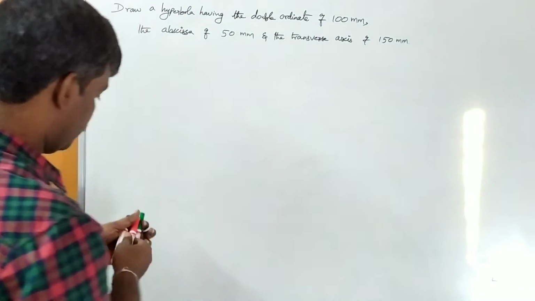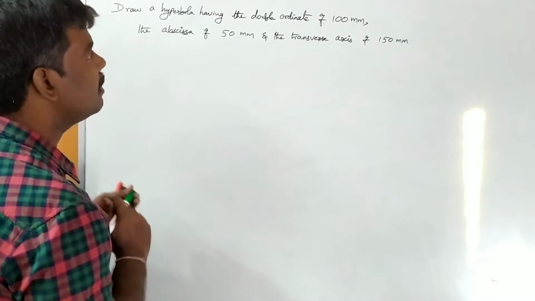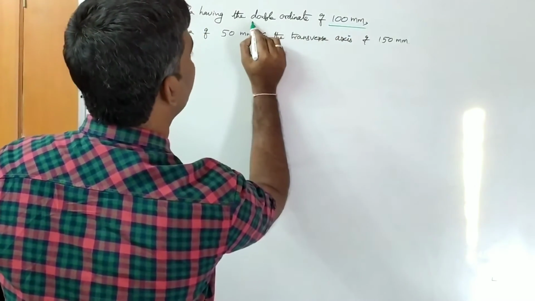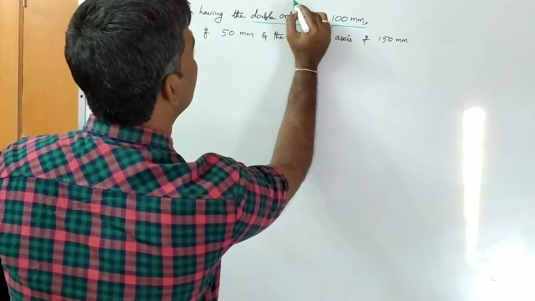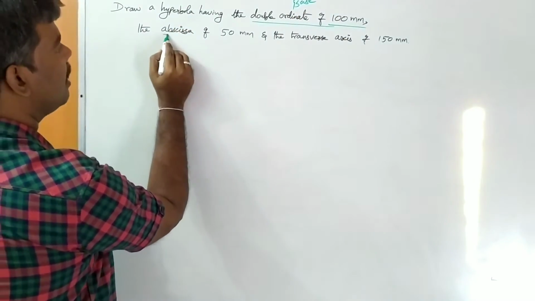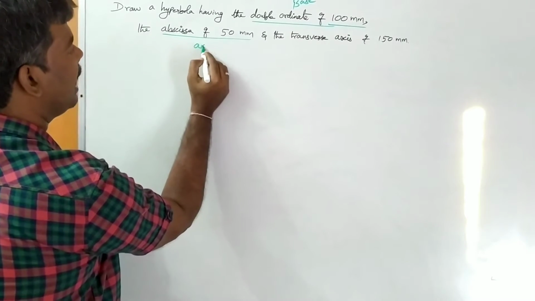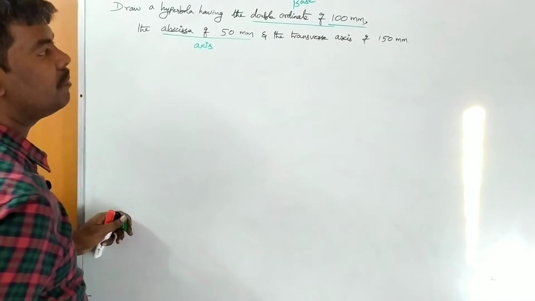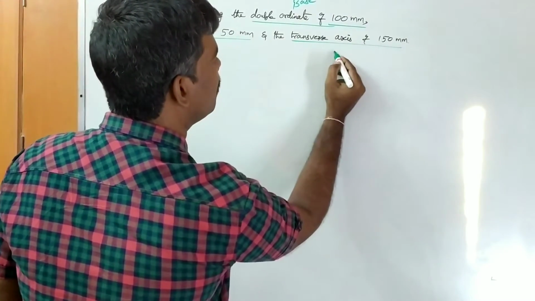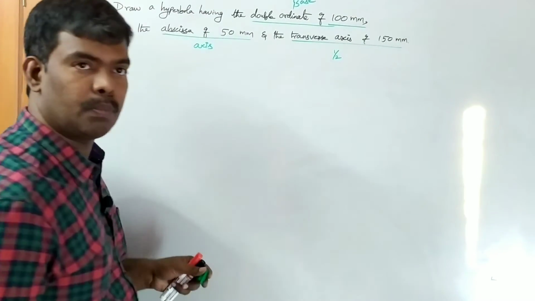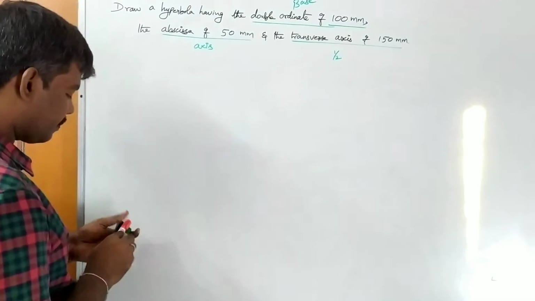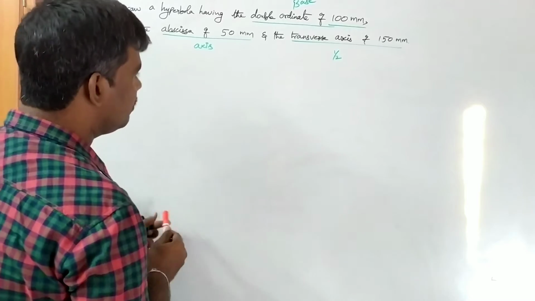So here, the double ordinate is nothing but the base of the curve. The abscissa is nothing but the axis of that curve. Clear? And another one is the transverse axis. So we take only half of the value. Clear? That's one. So first thing, you know well,